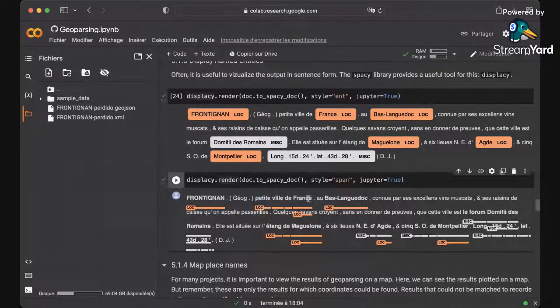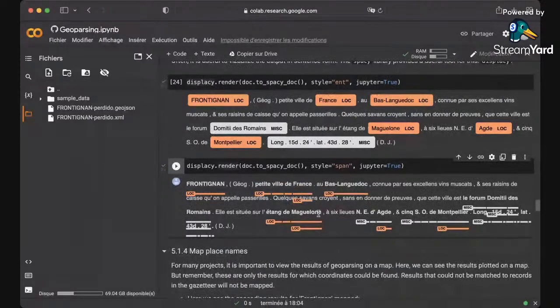So France is a named entity that is nested in the entity Petite Ville de France, and we have the same here for Étang de Maguelone. So we have Maguelone, which is an entity, and we have Étang de Maguelone, which is another entity. So we have these structures, and we have high level